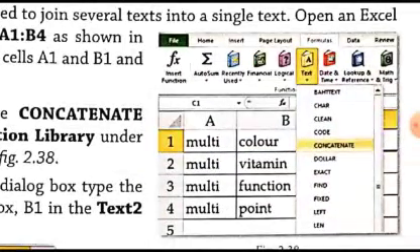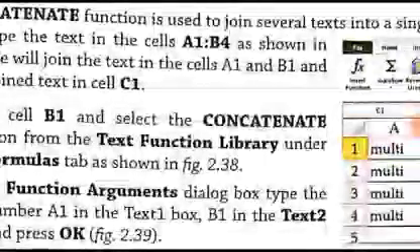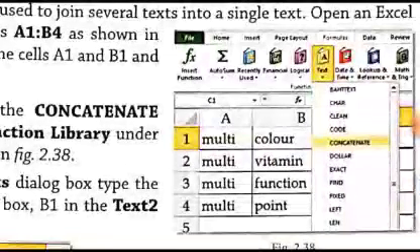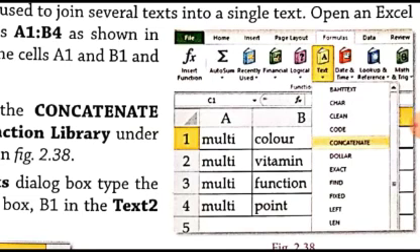You will see a list of different function options open. These are the different functions available in the text button. We will choose the concatenate function from the list. This whole list is known as the text function library because it is a set of functions which work on pieces of text. So we are choosing the concatenate function from this text function library.